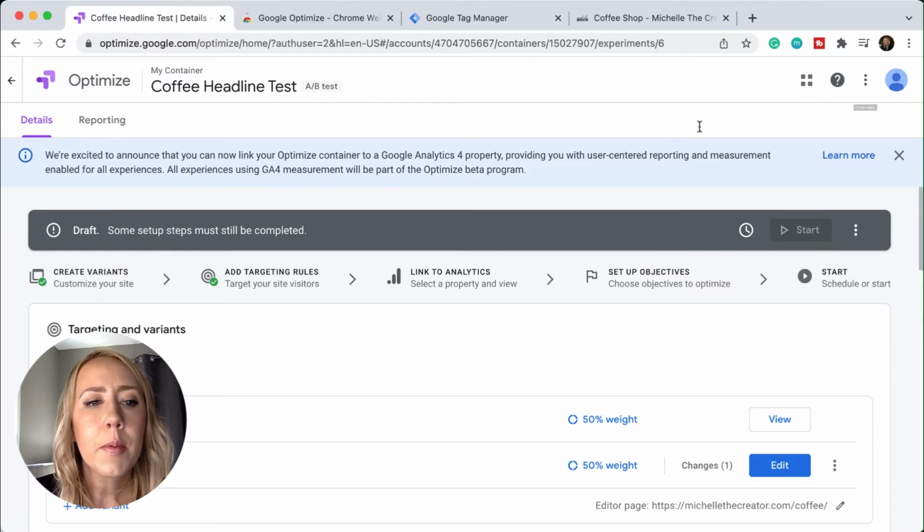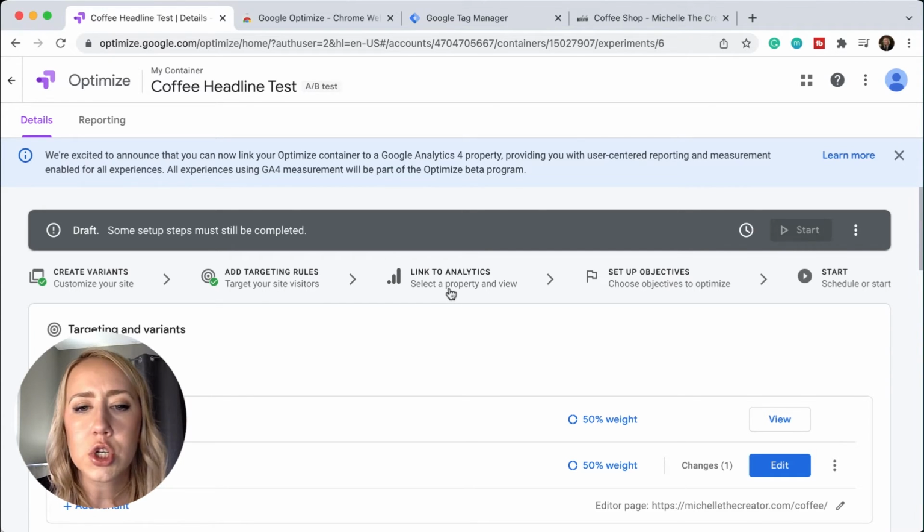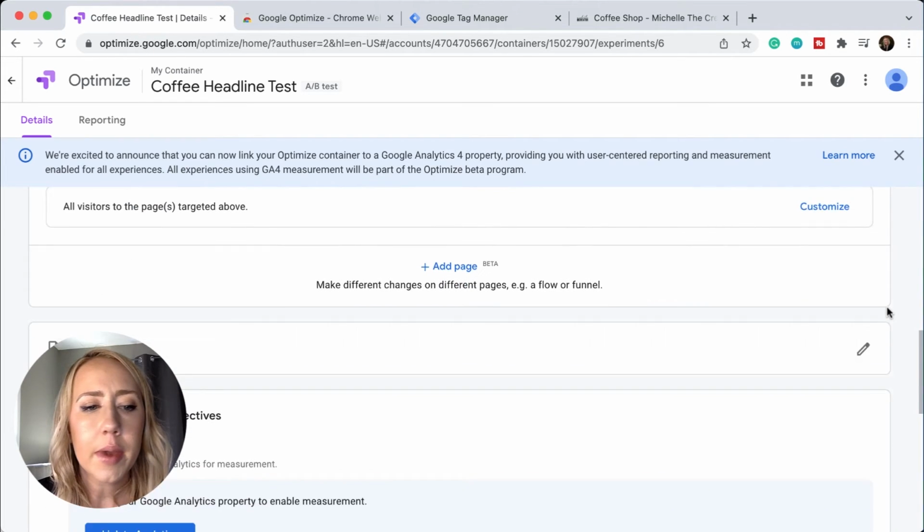And if I look back up at my timeline, I can see that I've created my variants for my site, and I've added my targeting rules. And I want to make sure that this is linked properly to analytics. So that might be my next step. And then lastly, I need to set up my objectives. So how do I know that this is actually a successful test? So if I want to tackle the link to analytics, I will scroll down the page a bit, and then